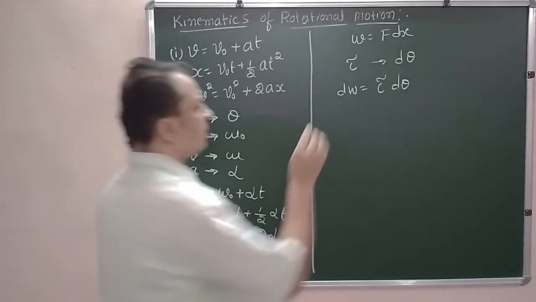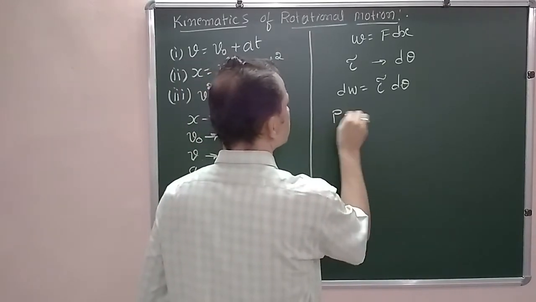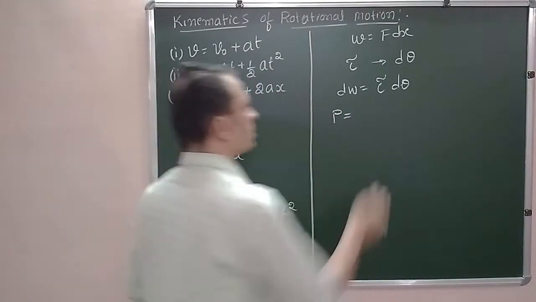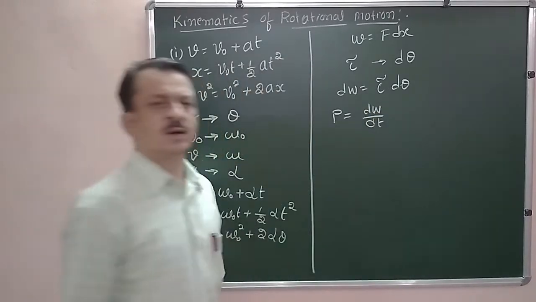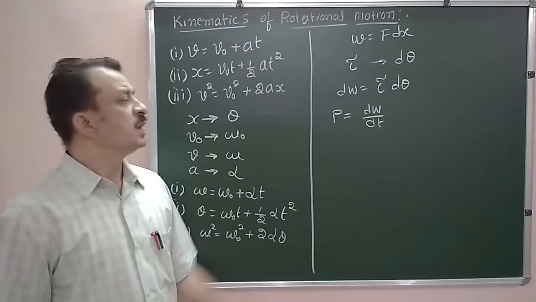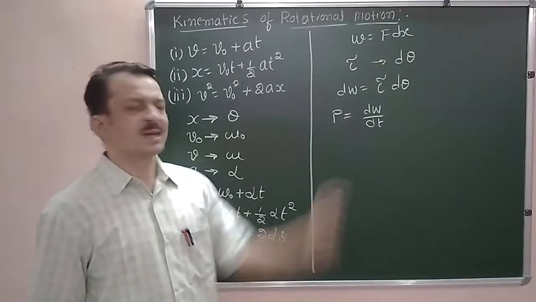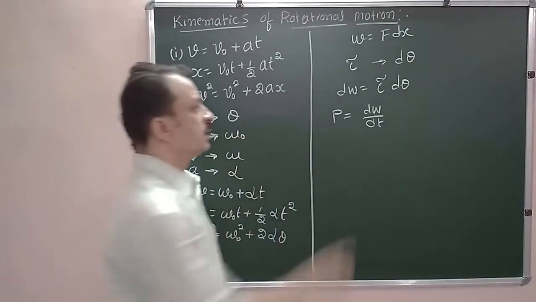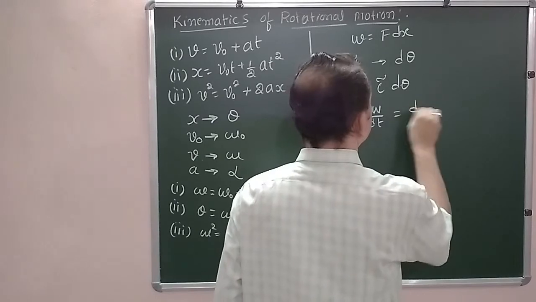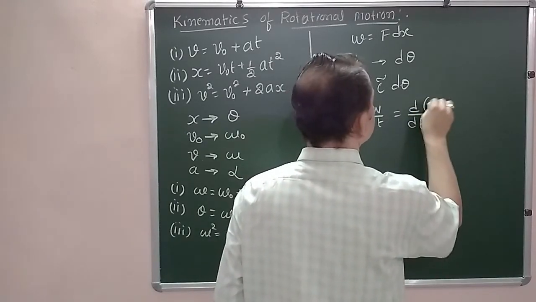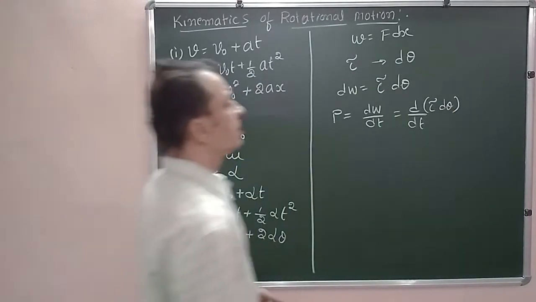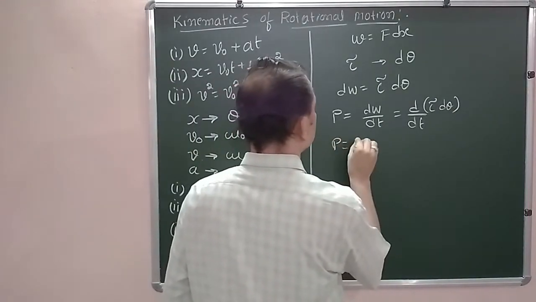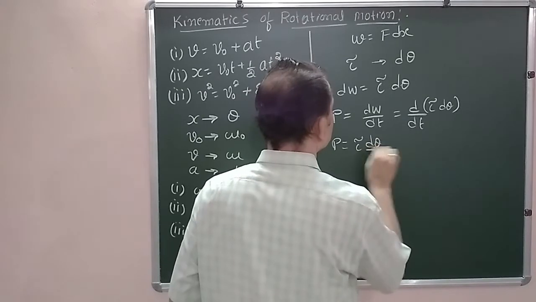Now, in linear motion, we have studied what is power. Power is the rate of doing work. In the same manner, if you apply the same concept to rotational motion, therefore P is equal to tau into d